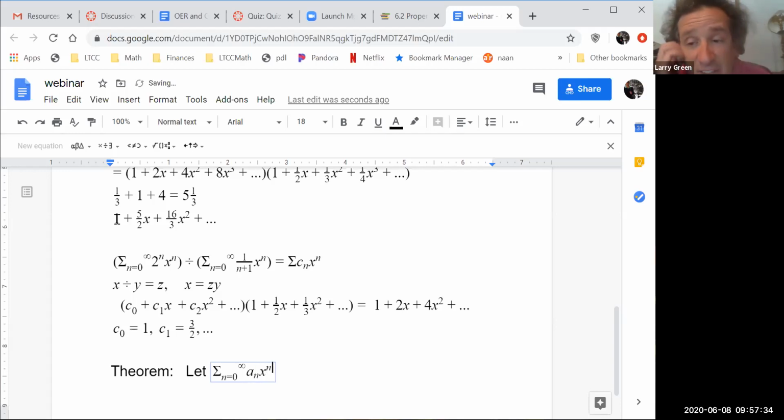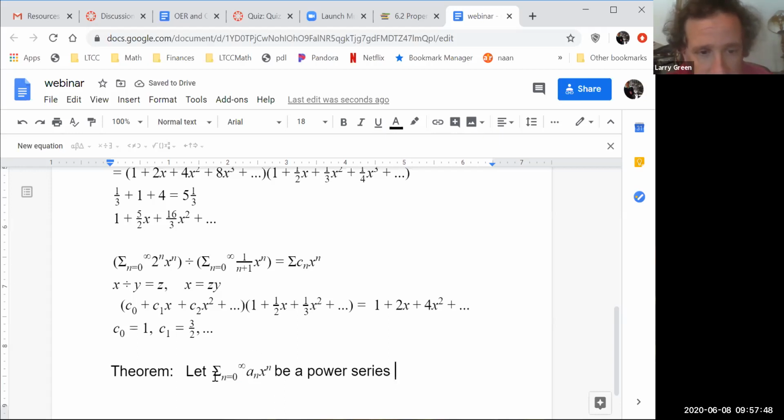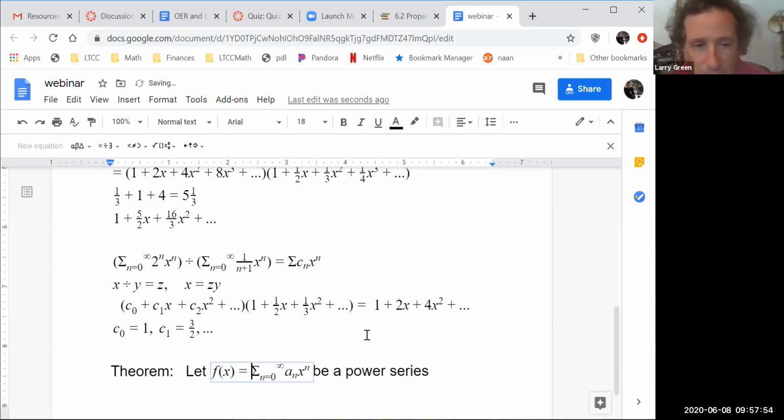You can do x minus c if you want, but it's just less writing to do x to the n. But I'll let you imagine the x minus c be a power series. And just to make it look better, let's call that f of x. Then it'll feel more like calculus. Then